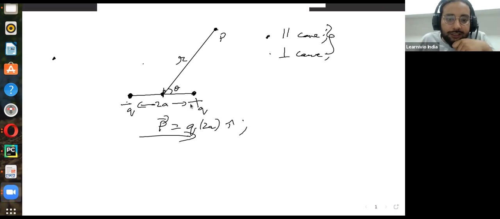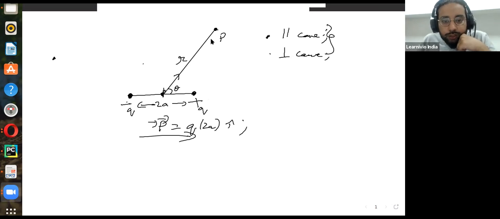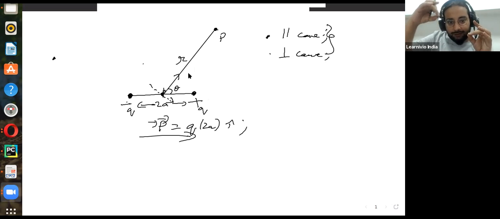However, you essentially want the components of this moment in the direction towards the point P and in a direction perpendicular to the point P. Rather than just adding the electric fields together, we can divide the moment into two parts. That also achieves the same thing. If I've divided the moments into two parts, see what is happening here.